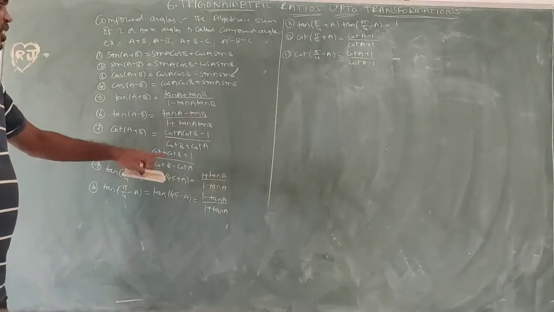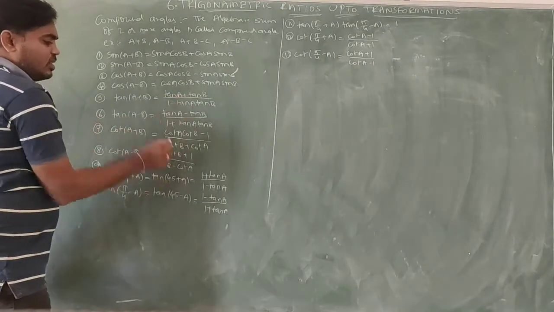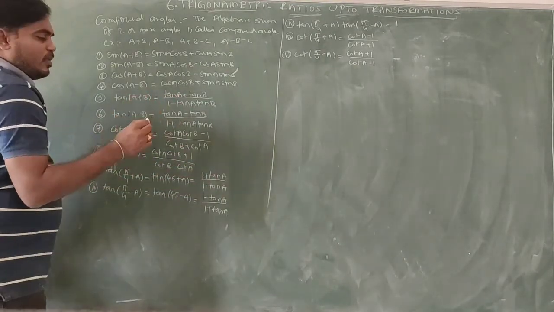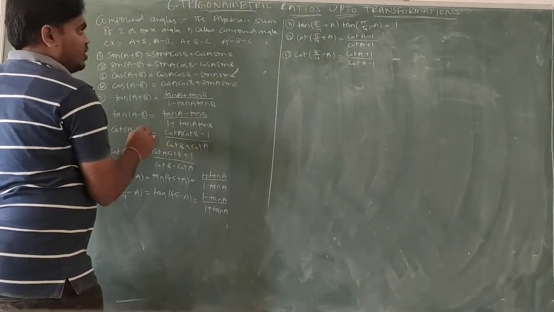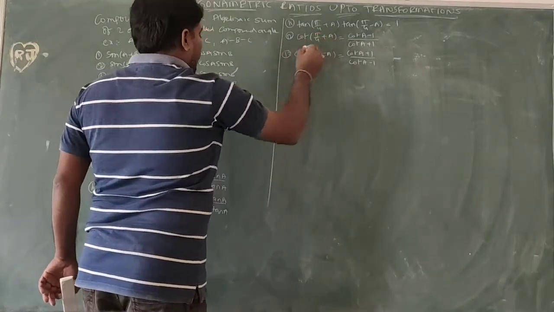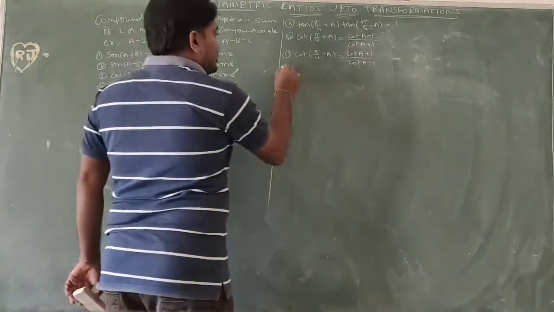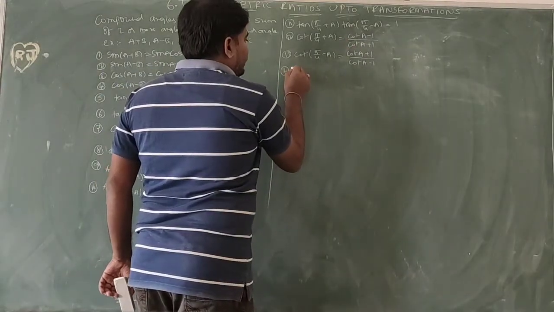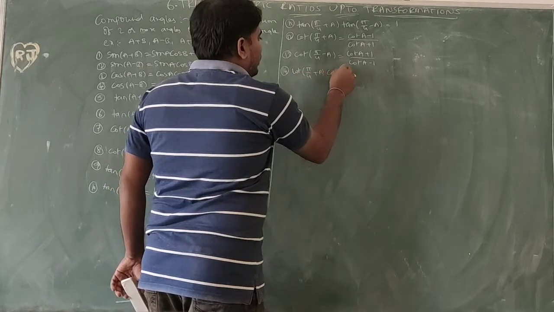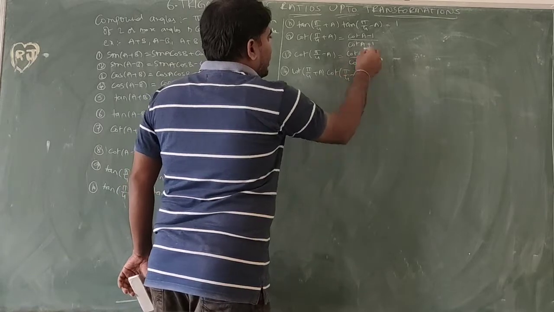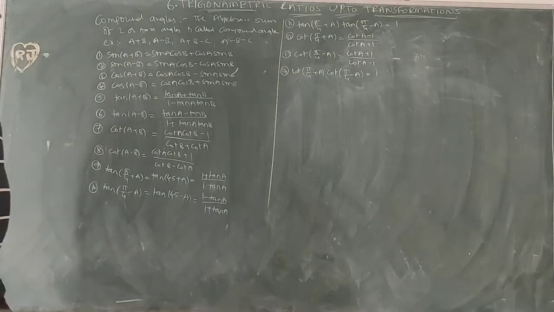In the tan of A plus B formula, instead of A you write 45, instead of B you write A, and you will get this form. Similarly, in the cot of A plus B formula, instead of A if you write pi by 4, instead of B if you write A, you will get this one. Next, the product of cot of pi by 4 plus A and cot of pi by 4 minus A: all gets cancelled, and we get 1.